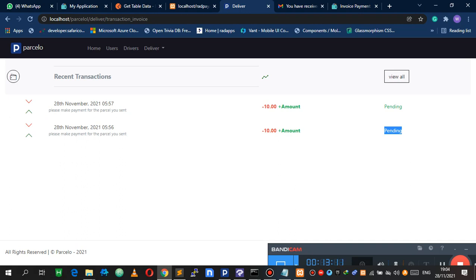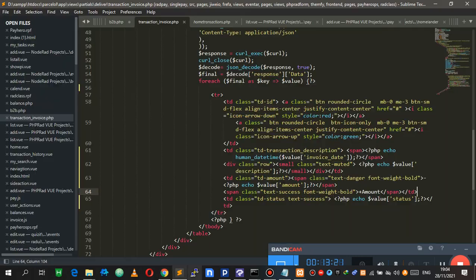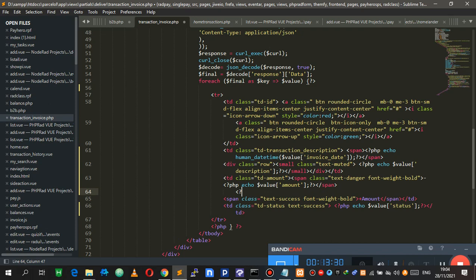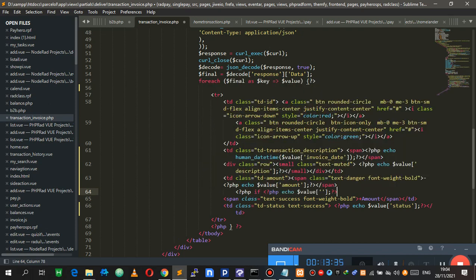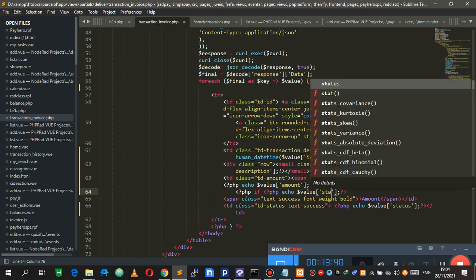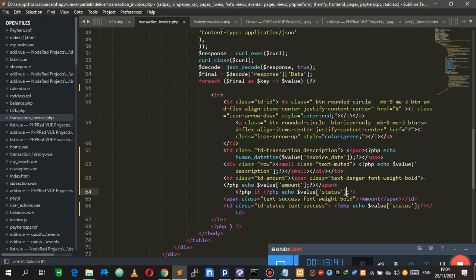So what we want to do is, we have red and green. The red is for when the payment is not yet made, and the green is when the payment is made. So I will want to check. So we want to come here where we have the amount. This is green. So we're going to come here and say PHP if, let's pause that. We're going to check if status is equals to